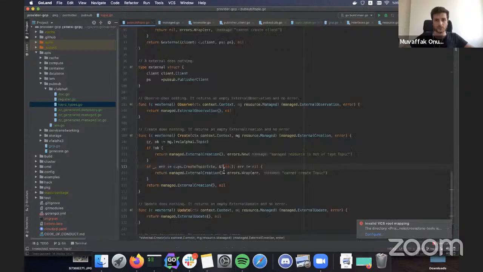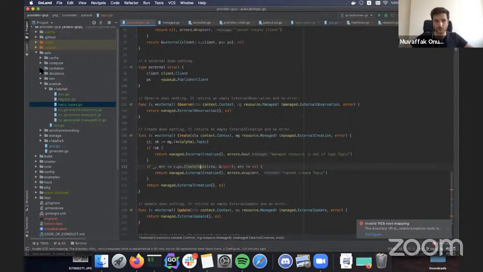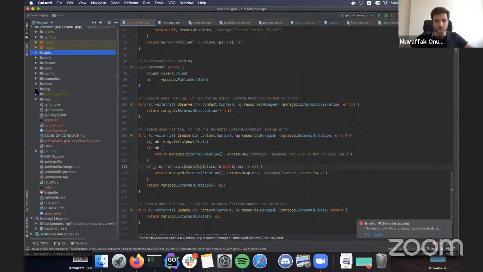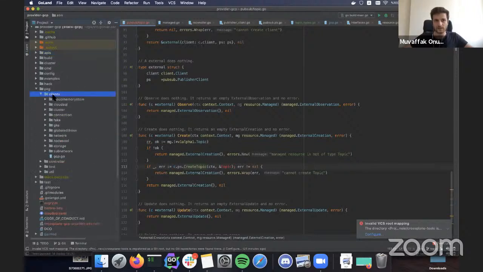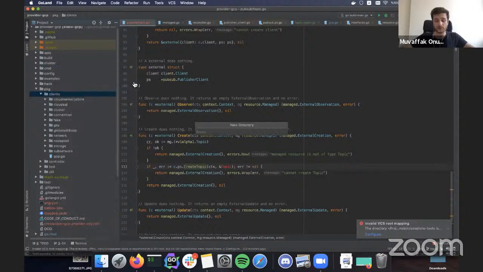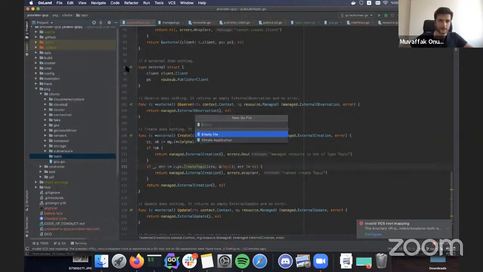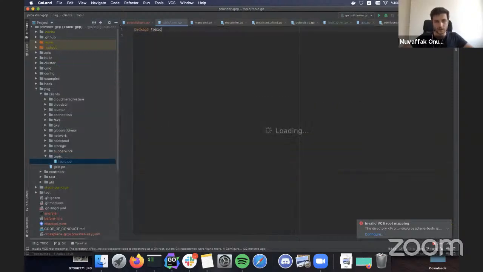So what do we need now? Basically we've got our parameters and our struct, but that is not accepted by the create topic. They want their own struct, which is like what we just copied over. So we just need to do a simple conversion. This is where we have the client's package with helper functions. You see every resource has a package here. So it's not on group level, it's on resource level. So we will create topic, and it's topic.go.